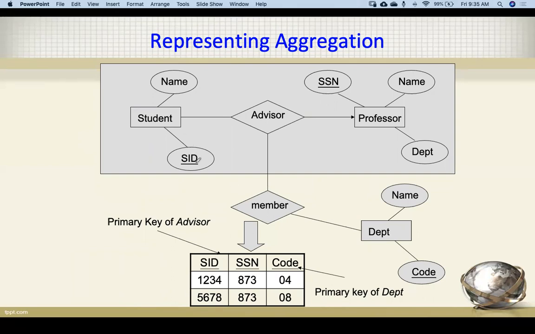So we'll take the primary key of this, the primary key of this, as well as the primary key of this, and we make this advisor. This is a table for the advisor. This SID, this SSN, and the primary key which is the code that we have created, made into one table.